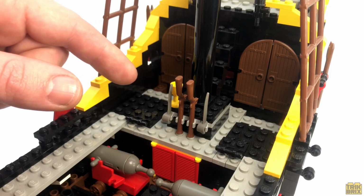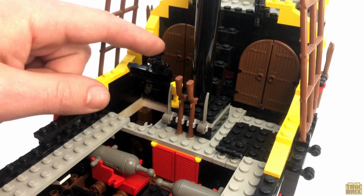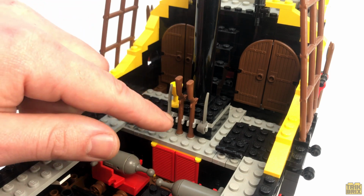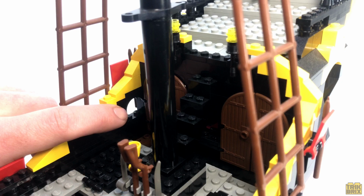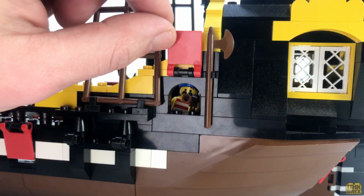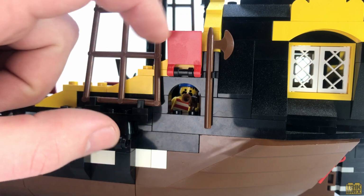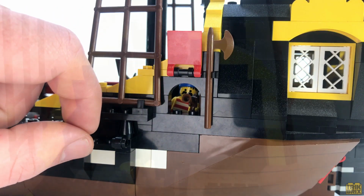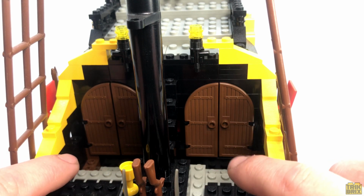The deck around and beneath the main mast is nearly identical to the one up front, with the same storage setup below, but we do get this nice little fully stocked weapons rack right here, a covered porthole on either side for your minifigures to fire through, and just outside each of those is a halberd for when said pirates run out of ammunition. Double doors on each side lead into Captain Redbeard's cabin, which we'll get to in a